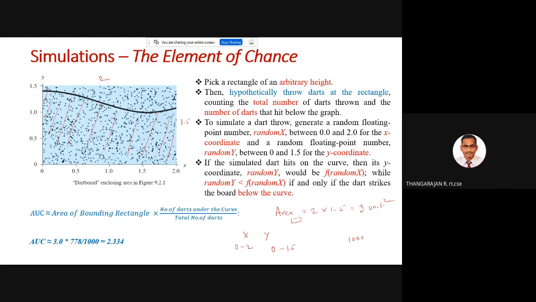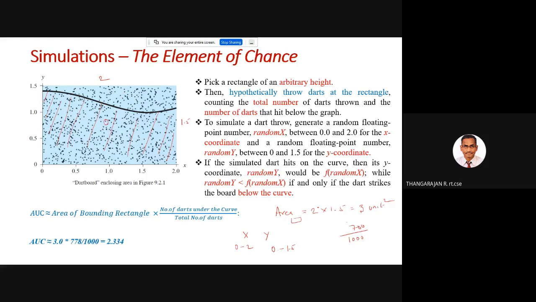1000 dots, of which 700 dots happen to be below the function, because I know the extent value of this function. I know at that particular point what the value of the function is, because I can see the curve. Whether the dot is inside or outside, I can always count. So I can count all the dots which are inside and on the function. I can say that there are 700 dots on and below the function, and that means there are 300 dots which are outside, which are greater than the function.